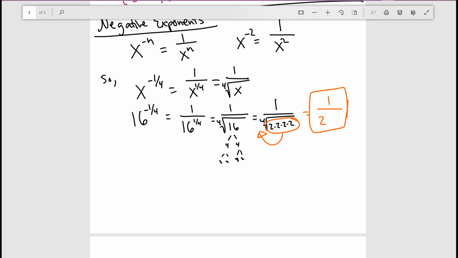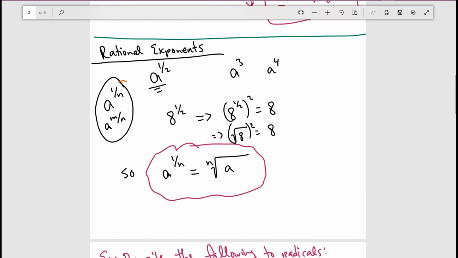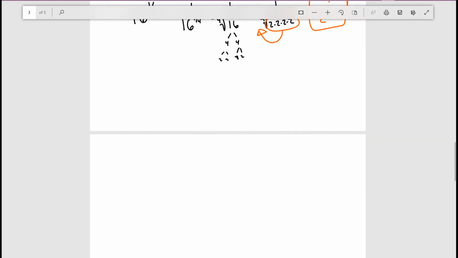All right. So that's basically what a rational exponent is. So right now we've done problems that look like this. So like these parts. Now what exactly is this m over n? Okay, so what do we do with that? So if you have, let me choose a different color, if you have